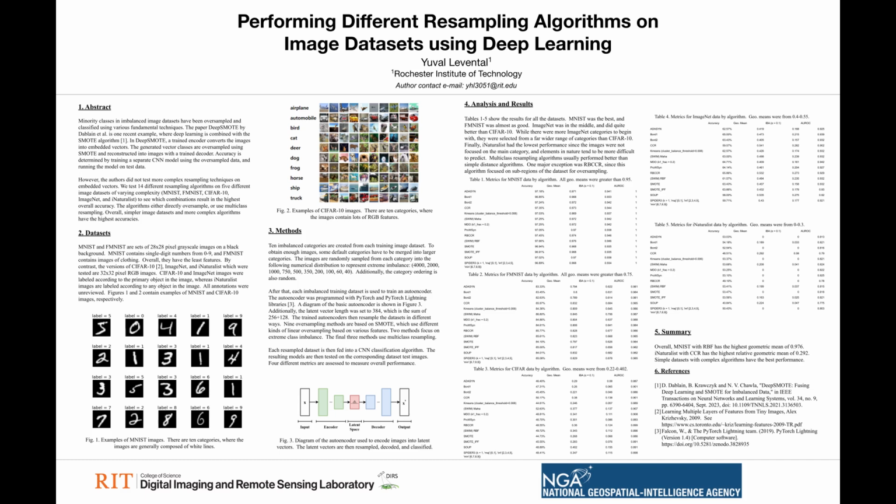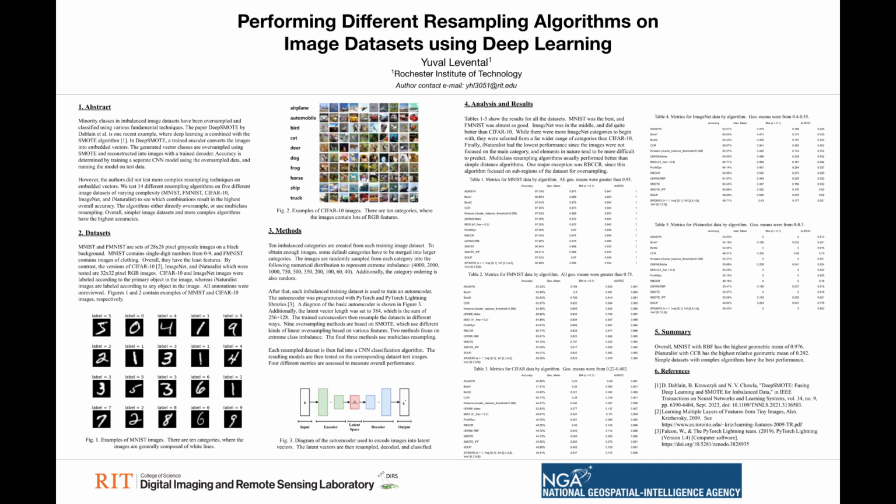4 different metrics are assessed to measure overall performance. These are accuracy, which is simply the percentage of correctly classified data; the geometric mean, which is a square root of precision times recall; index of balanced accuracy, IBA, which evaluates only 2 class and balance domains; and the area under the ROC, receiver operating characteristic, which holds true positive rate as a function of false positive rate.